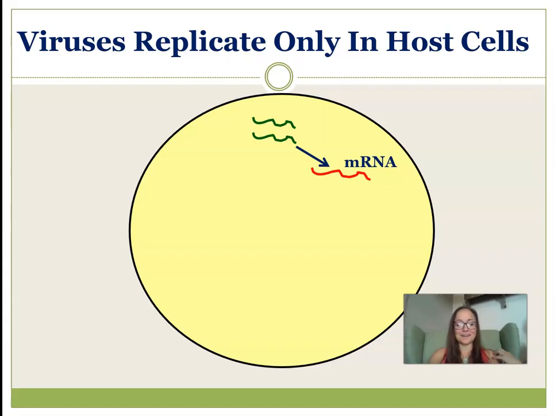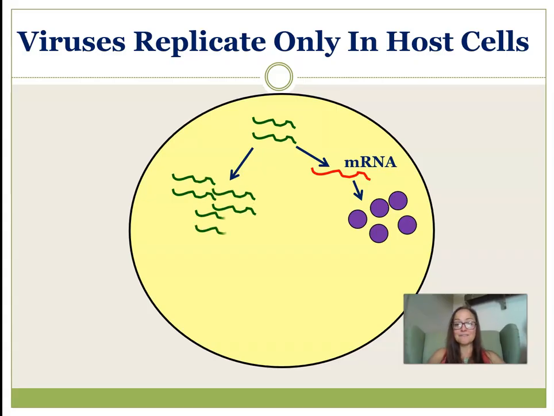RNA polymerase, oh my gosh, so sorry, will then transcribe the viral DNA, make messenger RNA that then codes for new viral proteins. And then we could also do replication of that nucleic acid to make more copies of it. And then once you have the nucleic acids replicated and you have the new proteins that will make that capsid